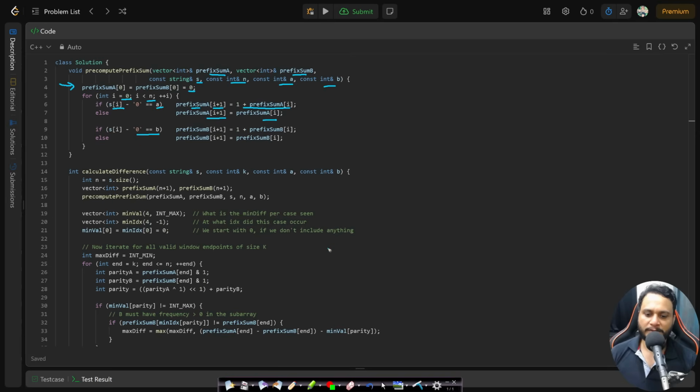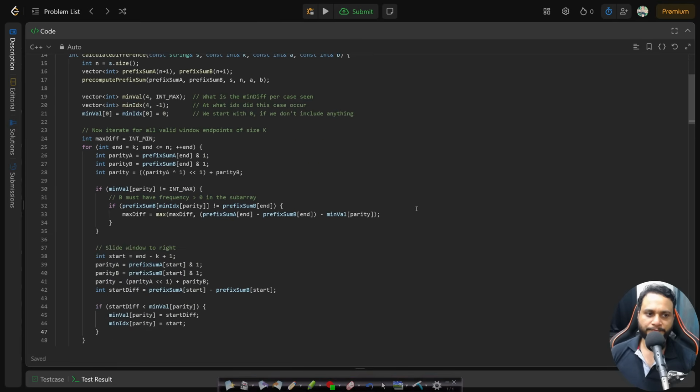Same goes for B as well. So I think you can easily calculate the prefix sum. Now once it is done, then we will be taking the min value of size 4, so as to maintain the 4 states: even-even, even-odd, odd-even, and odd-odd. All the 4 states' min value on the left hand side, ranging from index 0 to n minus k